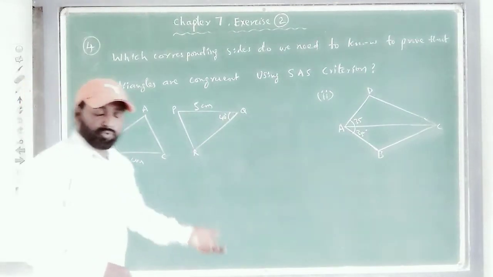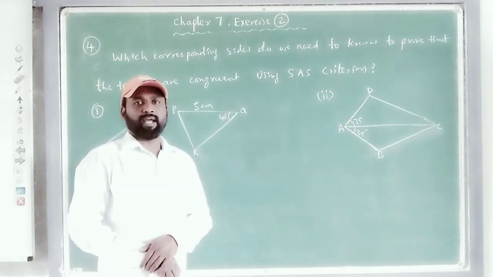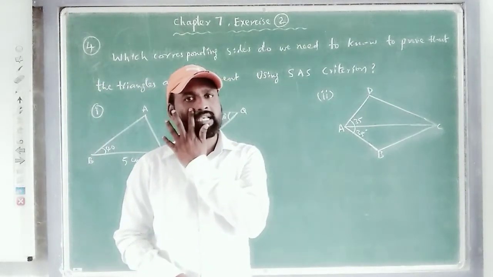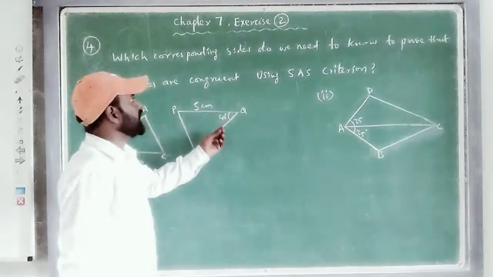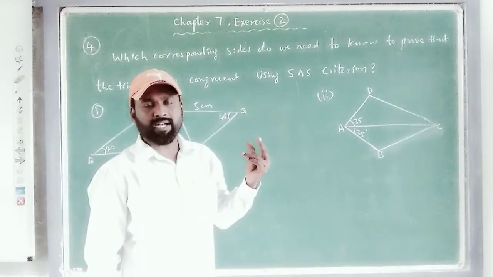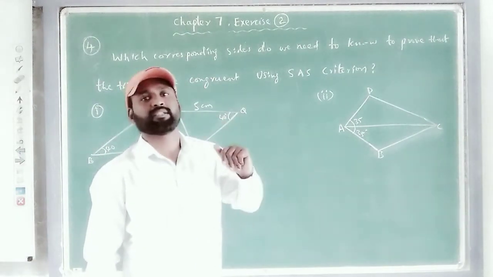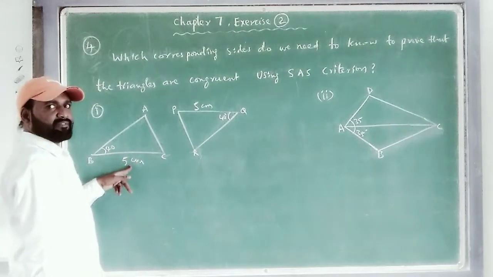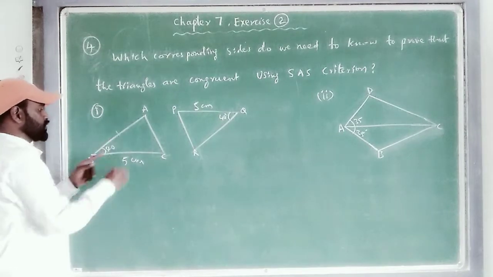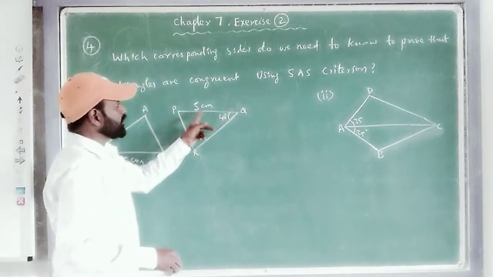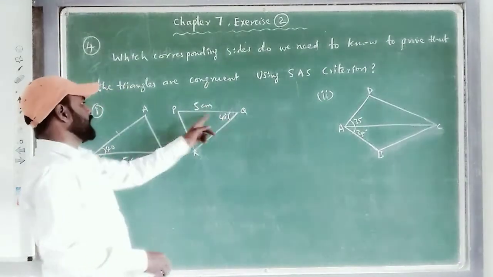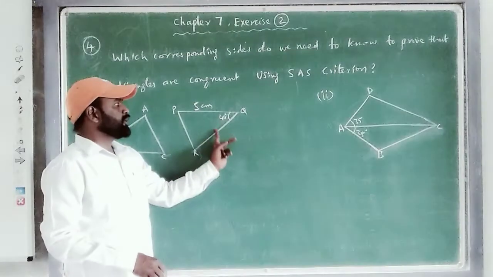So to show the congruency among the two triangles, we have to check the criteria SSS, SAS, RHS, ASA. But in the question itself, it said that you have to use only SAS. To use SAS, we need two sides and the angle included by the two sides. So here only one side is given, one angle is given. So this angle is made by this side and this side. That means we need this also. AB we require. And here 5 centimeters, this corresponding to this. For angle 40 degrees, here corresponding angle. So what other side is required? QR is required.